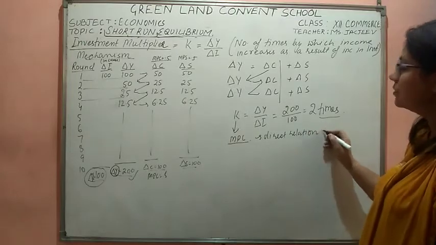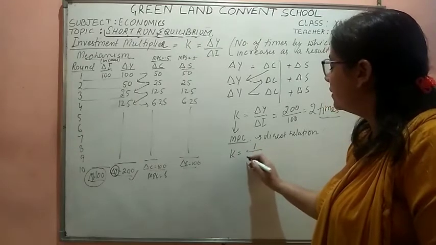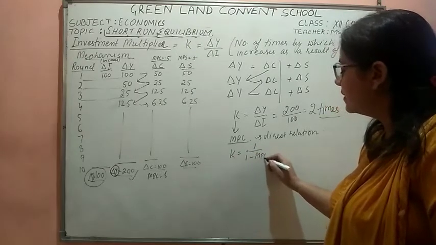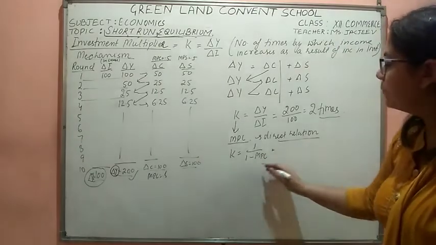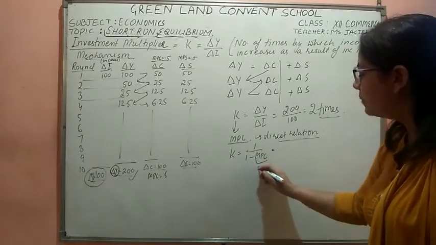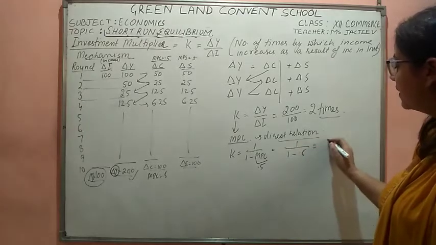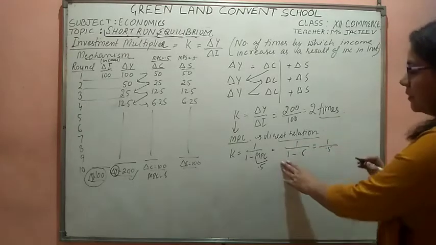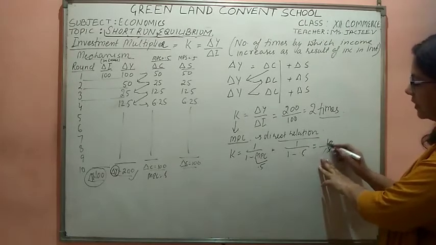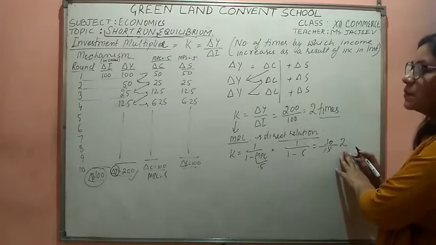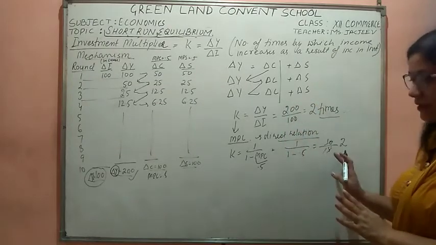More will be the consumption, more will be the multiplier. Multiplier will also be found as 1 over 1 minus MPC. Now, how is the direct relationship there? Let's assume that MPC is 0.5. So, what would be the multiplier? 1 over 1 minus 0.5, that is 1 over 0.5. 1 minus 0.5 is 0.5. Removing the point, we would have 2. So that is a multiplier of 2 times. That's why, due to the 100 crores of investment, 200 crore income is there.